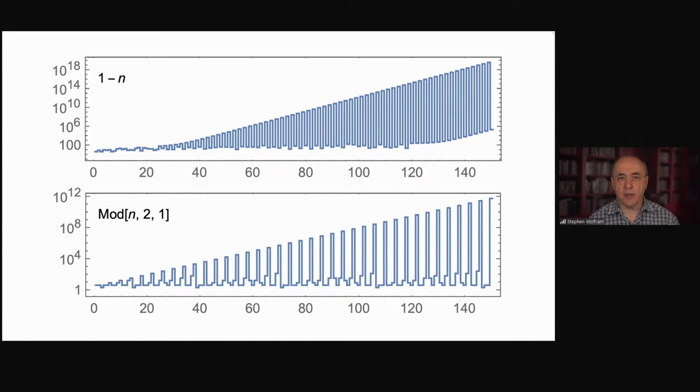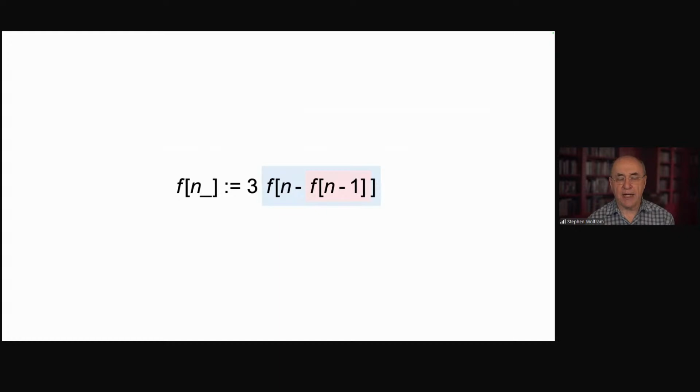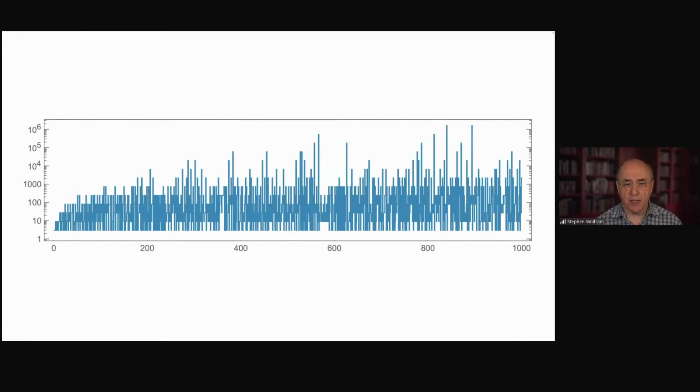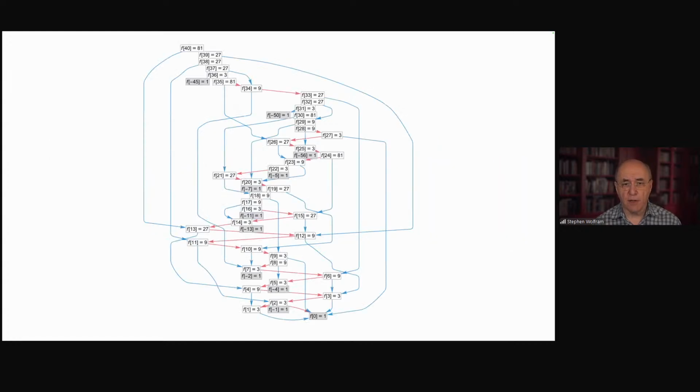All right, let's talk about the summer school sequence, T311. That's f of n equals 3 times f of n minus f of n minus 1. This was the sequence that we came up with at the 2003 summer school. So, well, we explored... okay, here's the basic behavior of the T311 sequence that we found at the summer school. And here's its evaluation graph, which immediately reveals